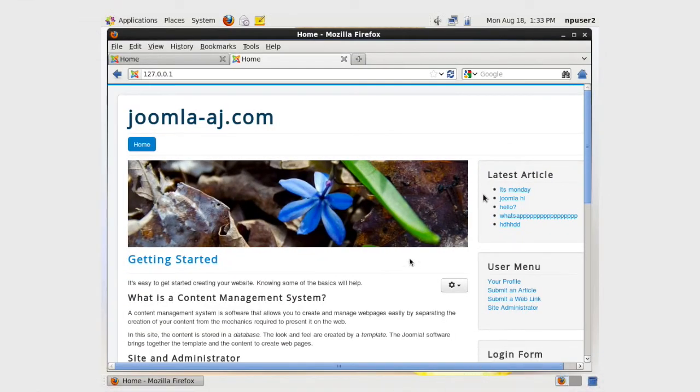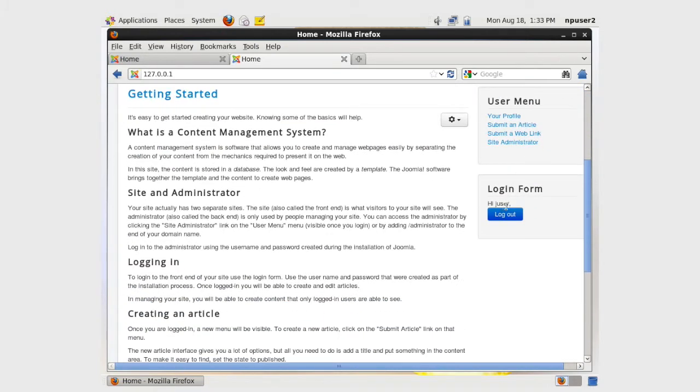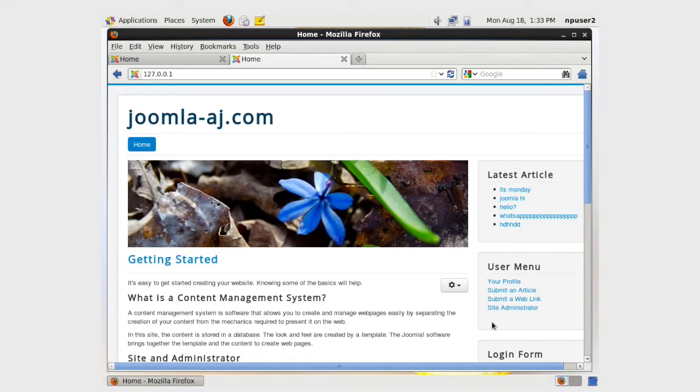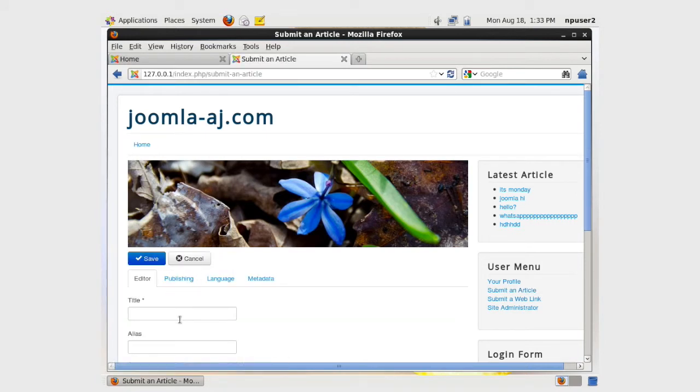Okay, so I'll go to my server. This is my server. So I'll go to 127.0.0.1. Okay, so I am at JUser right now. So basically I'm at the server. So I will submit an article. For example, the title would be